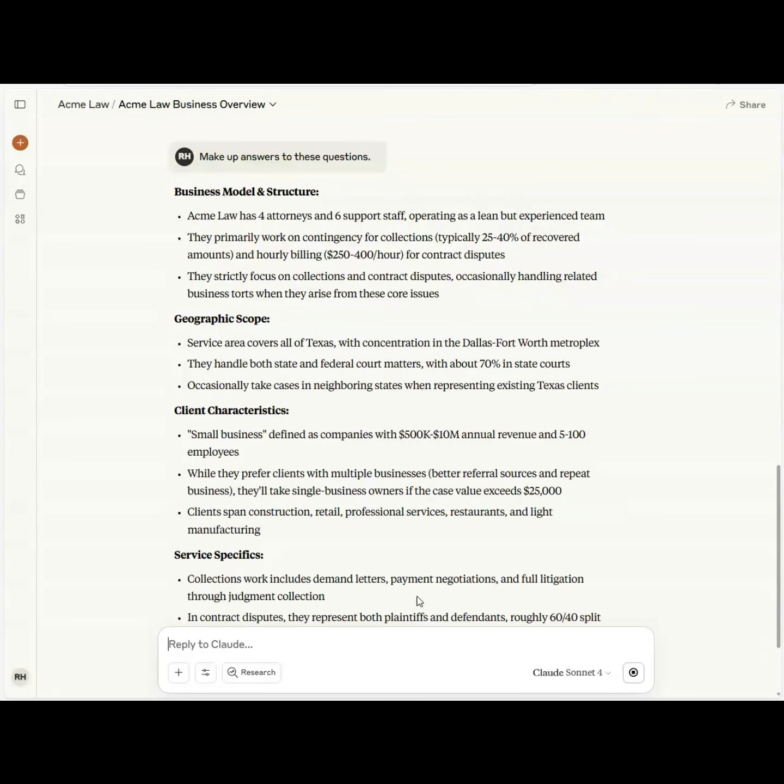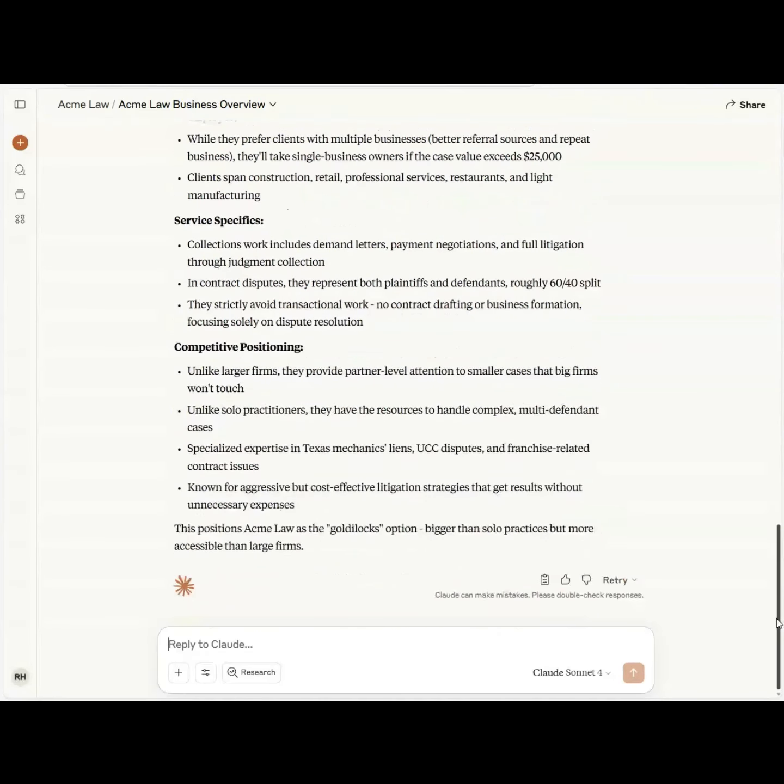I mean, like, small defines a company with that much revenue. I don't know if that's a small business. Okay. Perfect. Okay. So then what I'm going to do is, with this information,